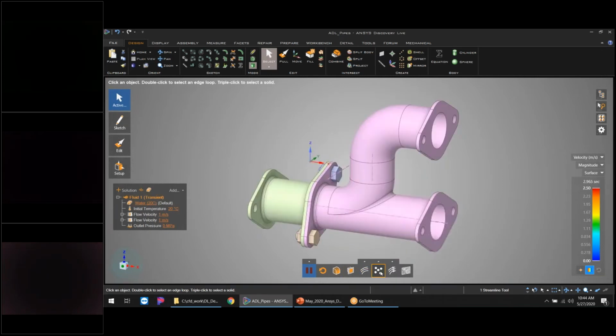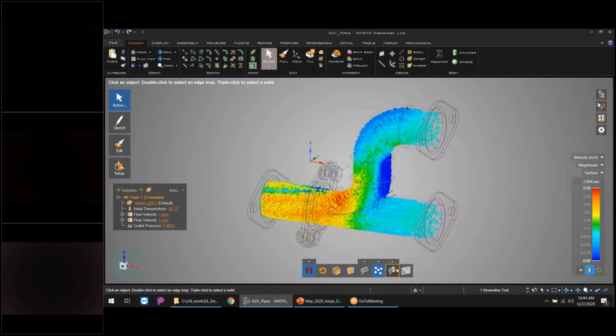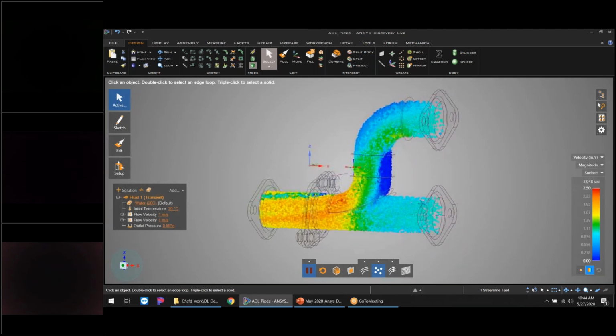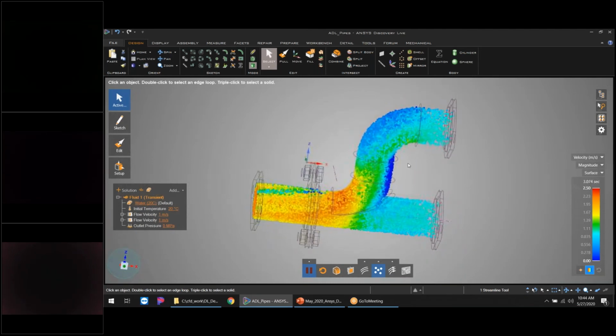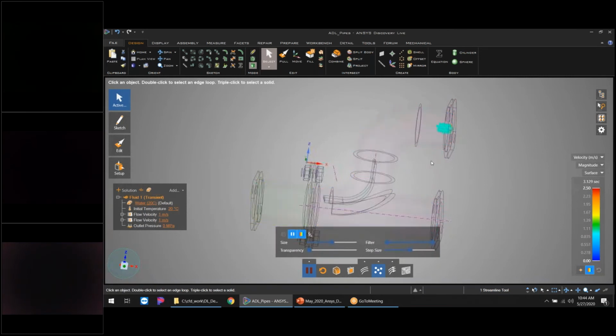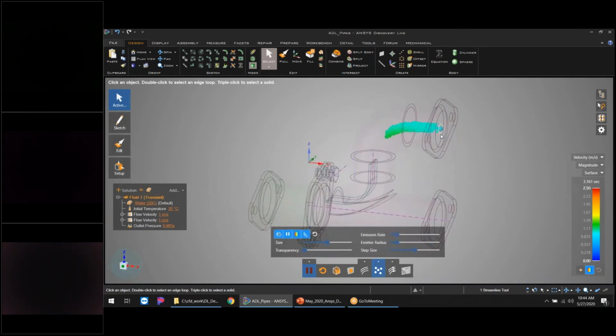So there's some streamlines. Here are our particle traces or our particles. It starts off by giving us the full view, if you will. Again, just a visualization of where is it slow and where is it fast. I can turn on an emitter here and just put it at the top, and I can make that a little bit bigger.